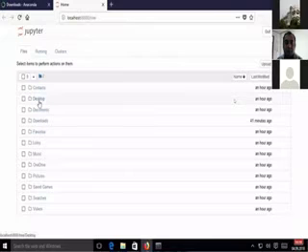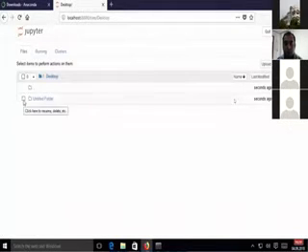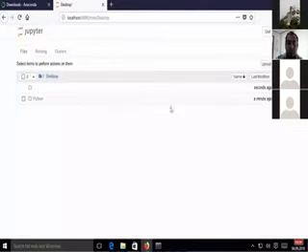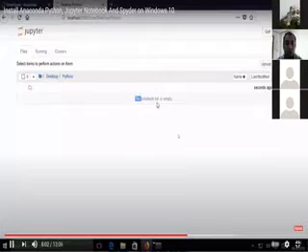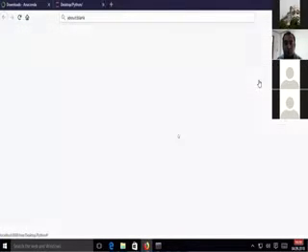Now, in order to create a new project in Python, I can just go to the directory where I want to create this Python file. Then I'm going to go to the top right-hand side where it says new, and first of all, I'm going to create a folder. Once this folder is created, I'm going to check this folder and rename it to Python folder. Once that is done, I'm going to go inside this folder, and now I'm going to once again click on new. This time I'm going to choose Python 3 here.